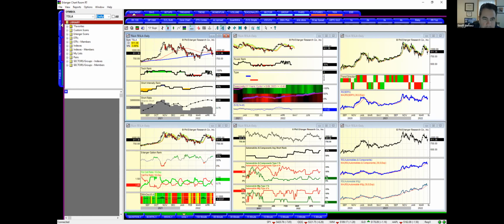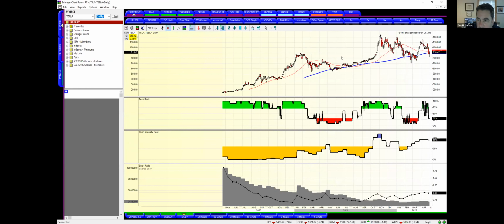Tom, what's really interesting about Tesla, I'm going to make this bigger for everyone to see, but look at this tech rank, how unwieldy it is. It's very hard for a